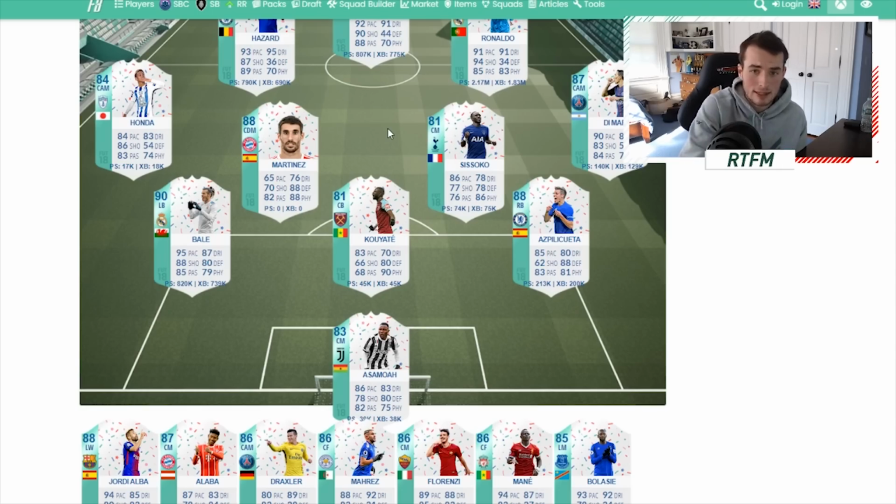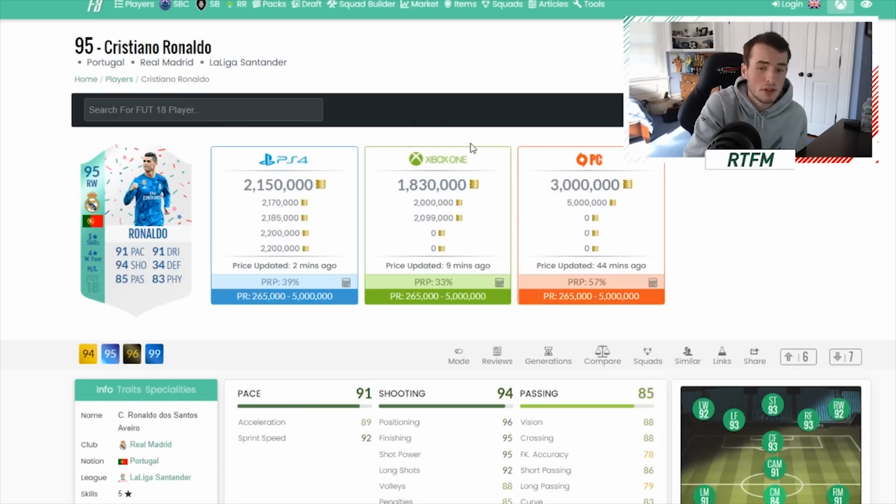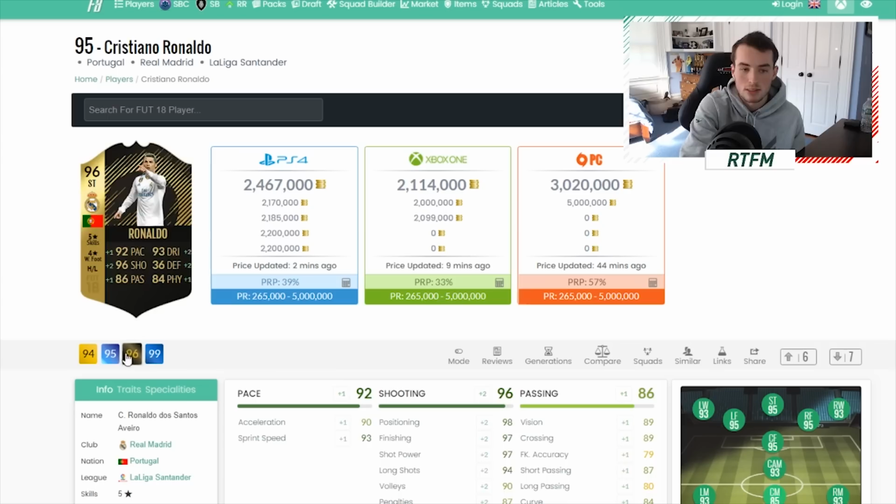And then one last thing, I want to talk about Cristiano Ronaldo. This is a pretty unique position. I know another big trader on Twitter you guys can follow is iGoldenberry. He's one of my really good friends. He's purchased this for 1.6 already. That's the lowest I've ever seen it go. I haven't seen this under 1.7. So in terms of a buying price, if you see this at 1.7,